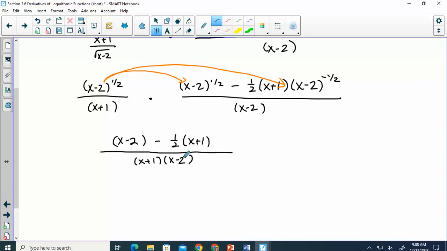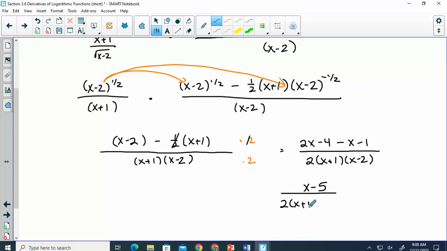What if I told you you can't leave a fraction in a fraction? How could I get rid of that 1/2 easily? Can we take everything times 2? So on top we get 2x minus 4 minus, those would drop, so minus x minus 1. x minus 5 over 2 times x plus 1 times x minus 2. If we simplify it as